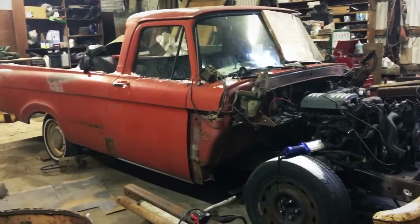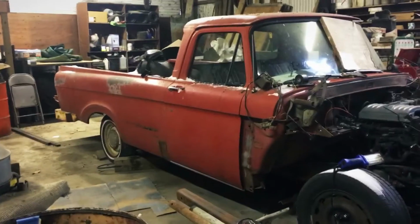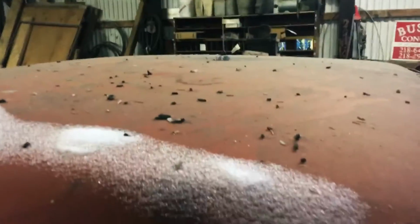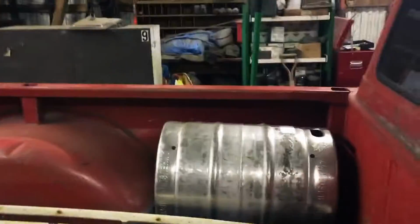Okay, you know it's cold in Minnesota when there's snow on your truck when it's in the shed. But I'm a trooper. I'm gonna keep on working on my truck. Look at this. Don't mind the bat droppings, but there's snow on my truck. Just on this side, it seems like. The other side seems pretty clean. But anyway,